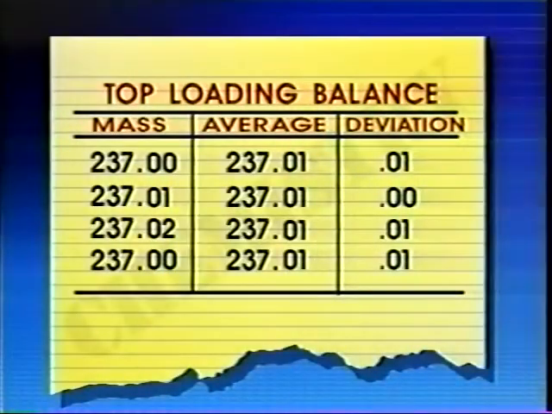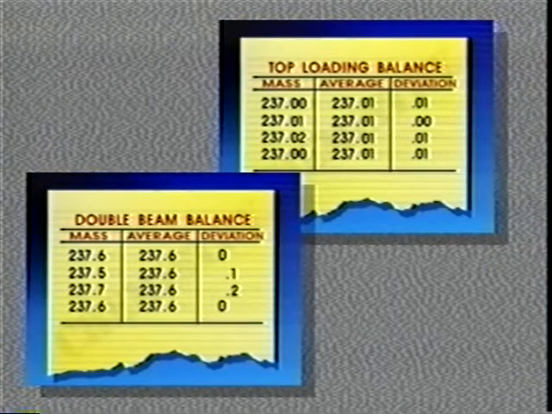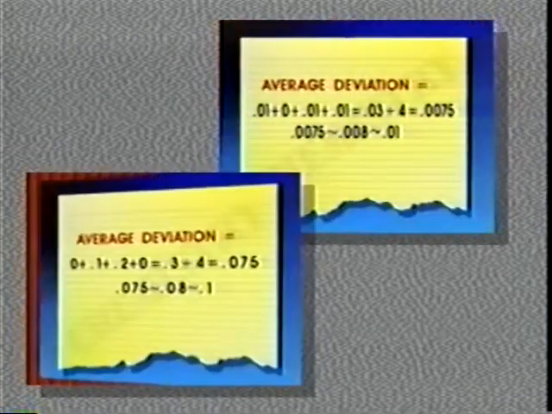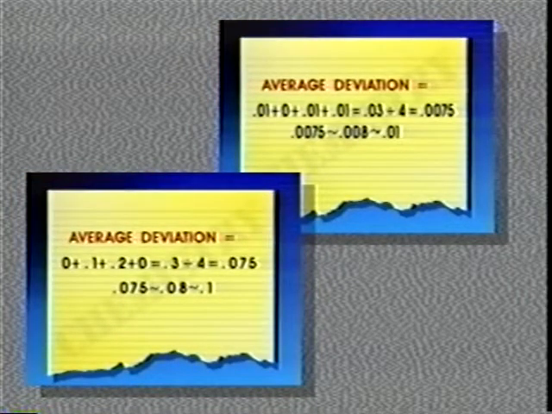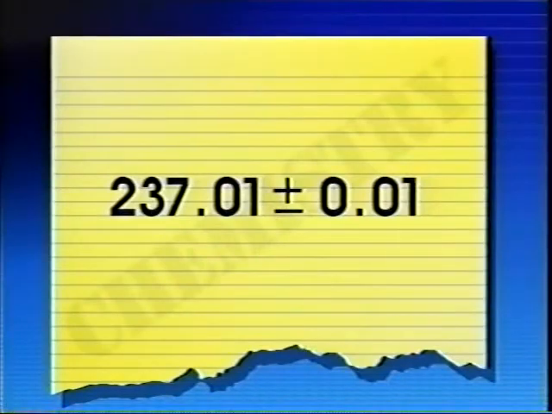The question now is, how precise are these measurements? To find out the precision, we calculate the average deviation. We compute the difference between each measurement and the average. We then get the average of these differences or deviations. We can then report the results as